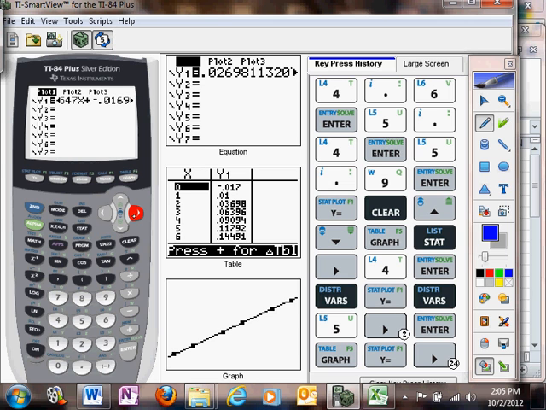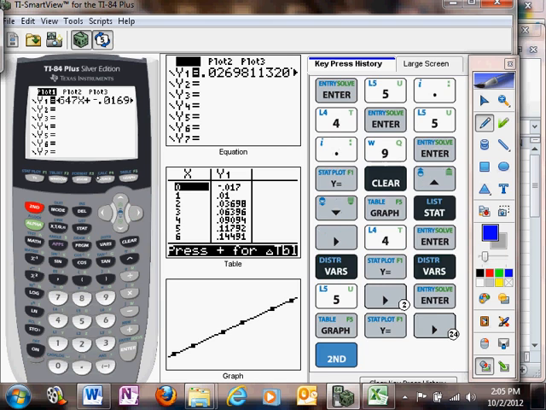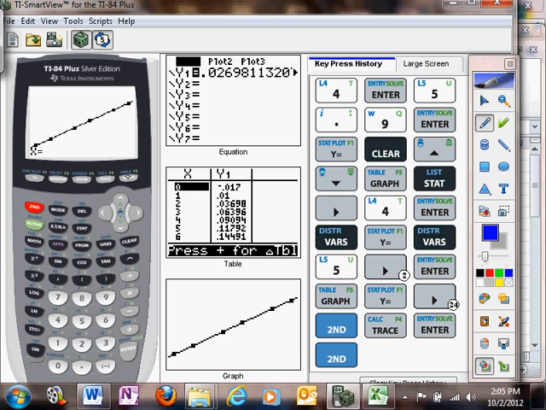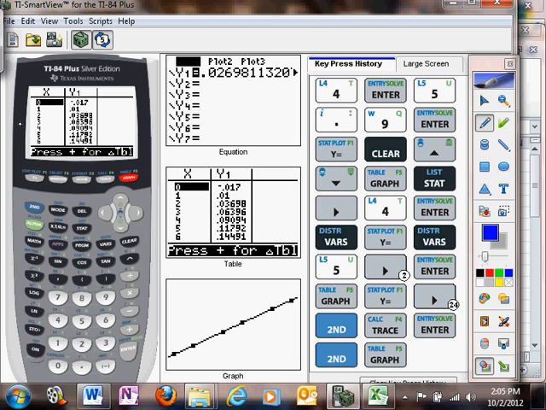F says find the number of calories burned per minute for a 160-pound person walking at 3 miles per hour. I'm going to leave F and G to you. They are simple questions that you would use things like, I'll give you an example, second trace, and if you hit enter on value, you can enter any X value and it'll tell you what Y is at a specific time when X is a number. You could also use your table by hitting second graph. Your table will come up, and so if you're talking about X being a whole number, you can find the